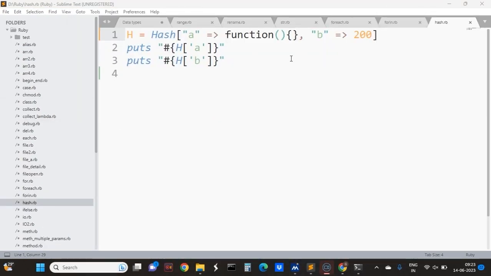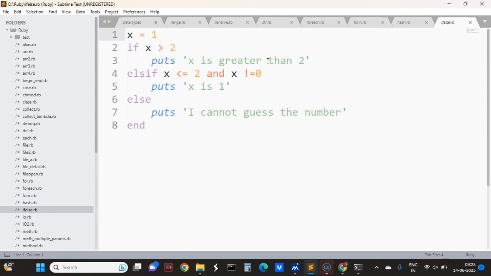We'll come back to this later. First, you can see this logical operator is there. If we initialize x to 1, and x is greater than 2, then "x is greater than 2" will be outputted. See the else here, there is no e there. There is